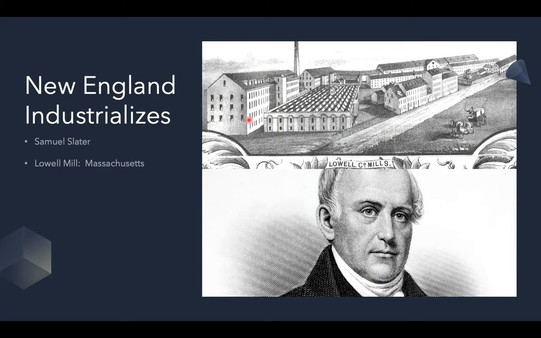That's where we enter a man by the name of Samuel Slater, who in 1793 immigrated to the United States from Great Britain and established the first ever successful textile factory in America. He modeled it after ones he had seen in Great Britain, where he was a mechanic who worked on the machines. The designs were totally secret, but he memorized them, and when he came to America, he reconstructed the entire mechanism by memory. It's pretty impressive.